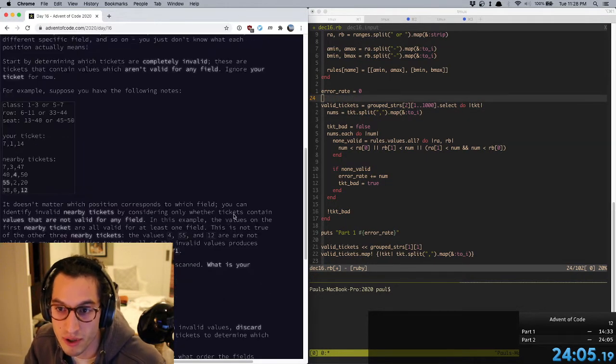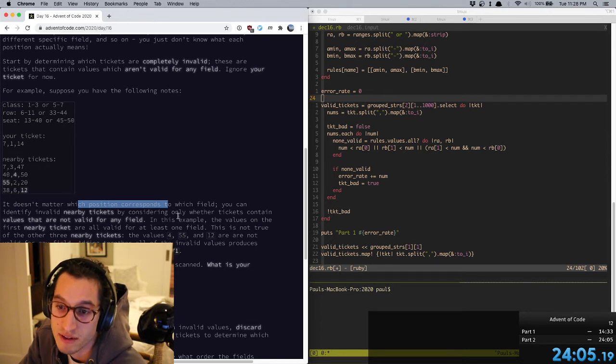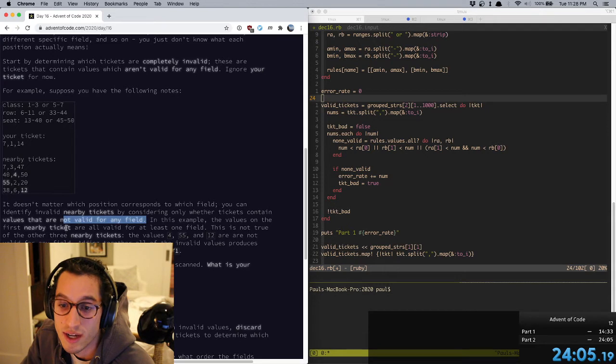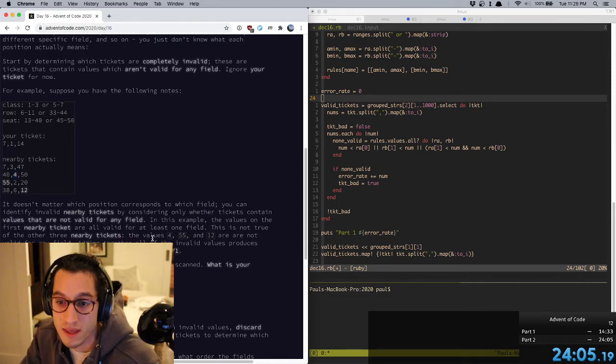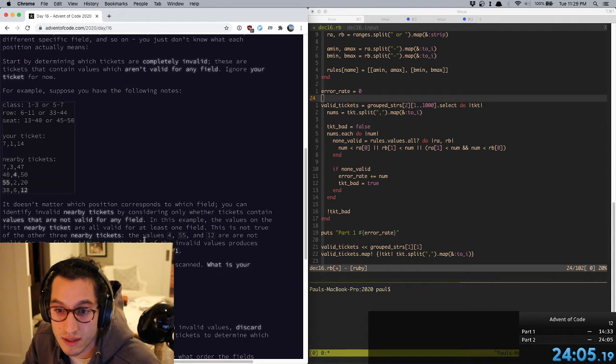we need to do for part 1, it doesn't matter which position corresponds to which field. You can identify invalid nearby tickets by considering only whether tickets contain values that are not valid for any field. For this ticket, all the fields are valid, but on this one, 4 isn't valid for any of these. Yeah. So if you add together all of the invalid values, you get your ticket scanning error rate, which is